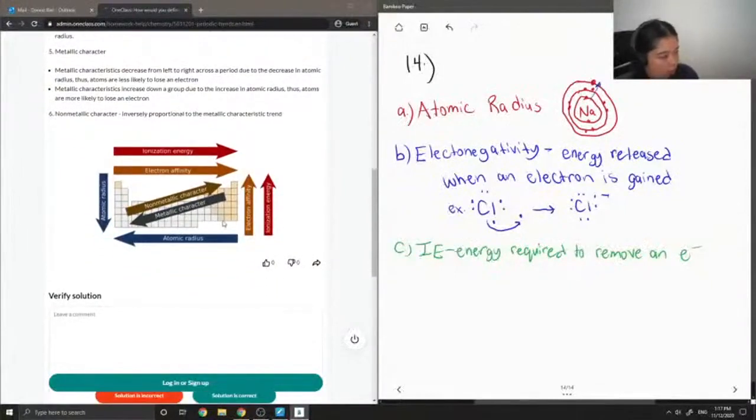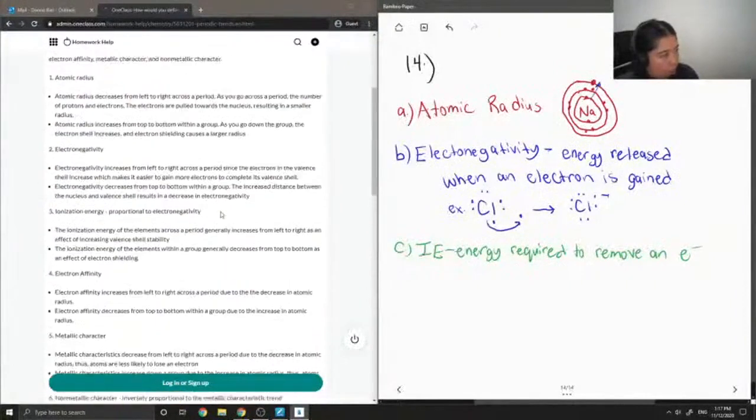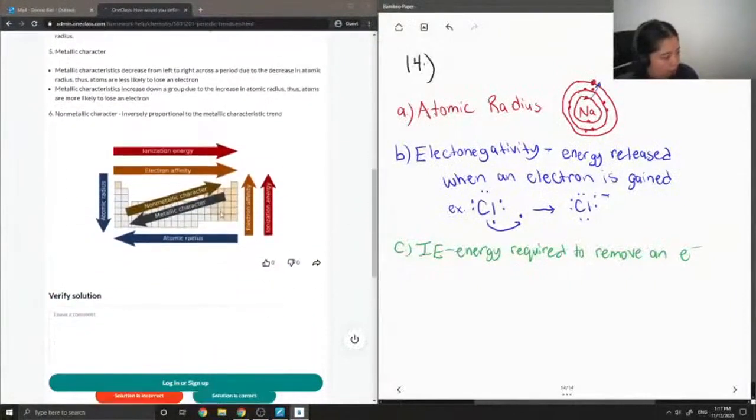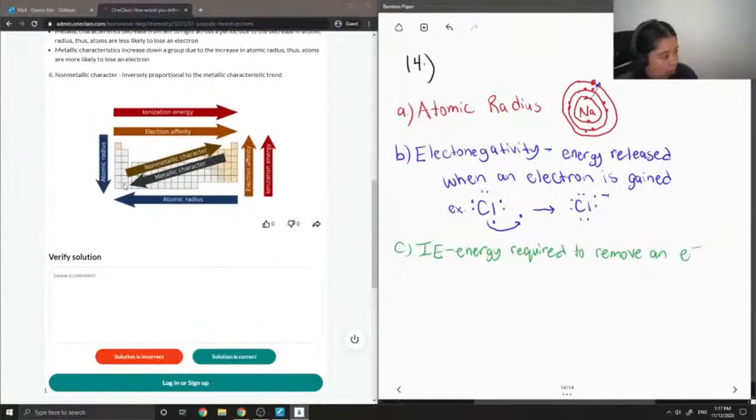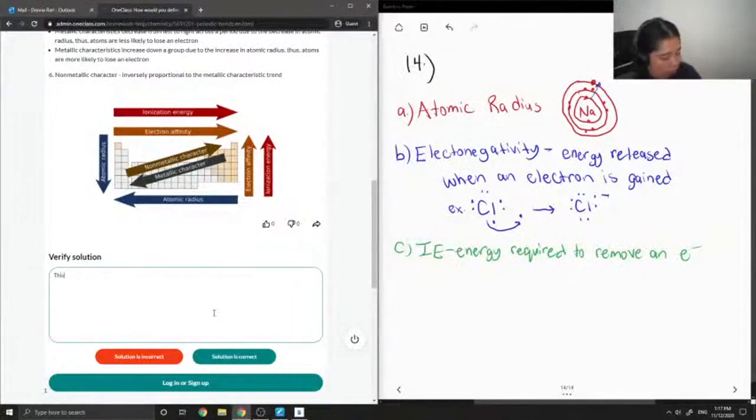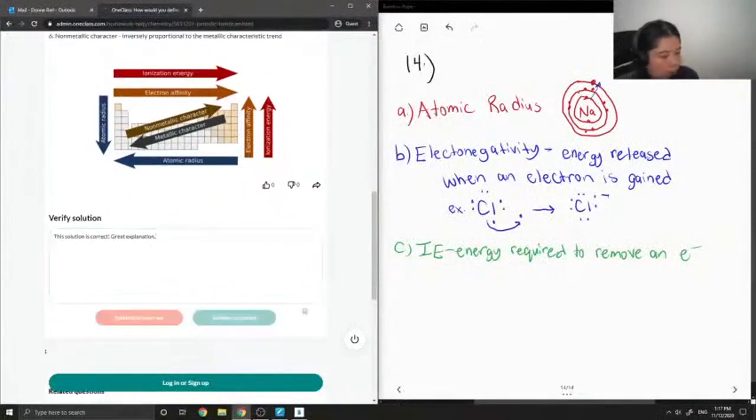So here is just a figure showing all the different trends on the periodic table, and it just kind of summarizes what we just talked about. So I can verify that this solution is correct. Okay, so I think we have time